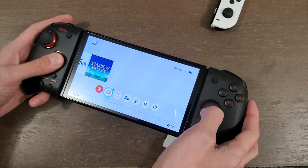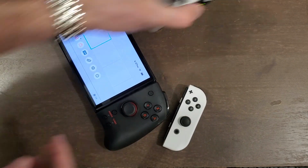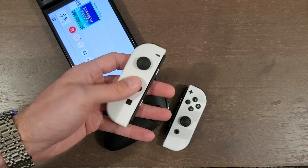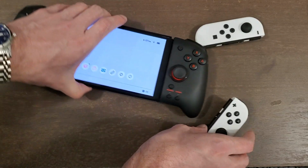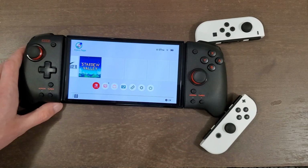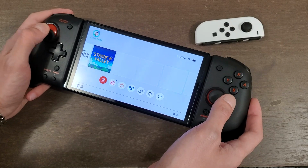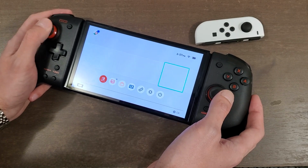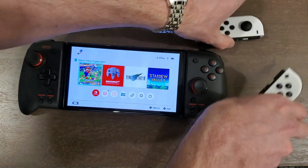Oh, D-pad's nice. The D-pad could be a little bit more improved, but it is better than what you get on here, right? There's the turbo options, there's assignment buttons. So there's a few things that we can mess around with, but I'm really, really liking this. And I highly recommend checking these out,